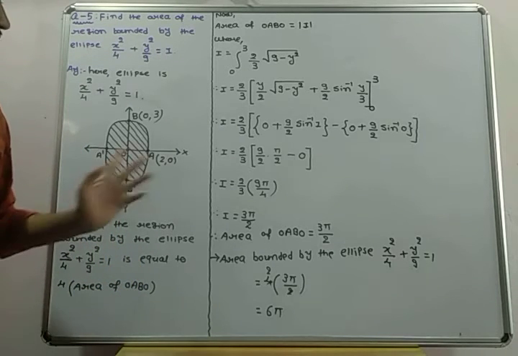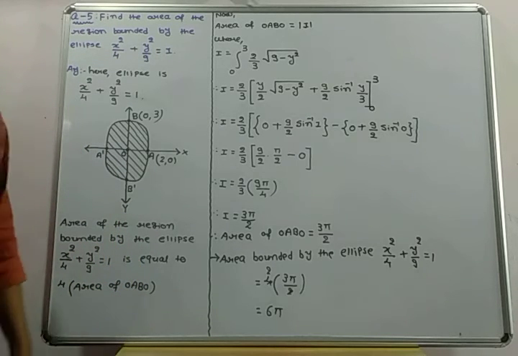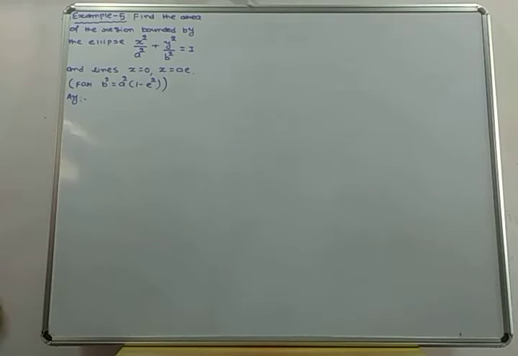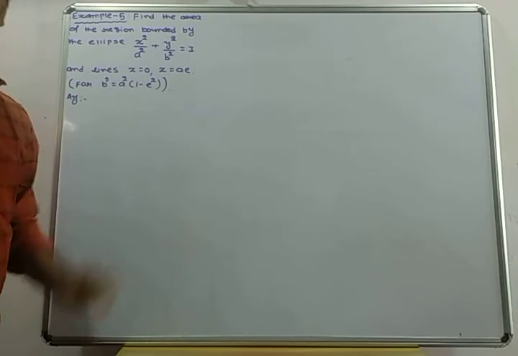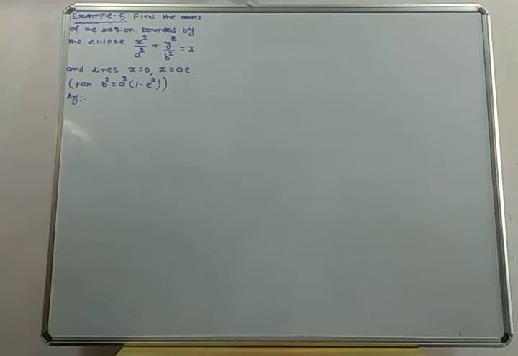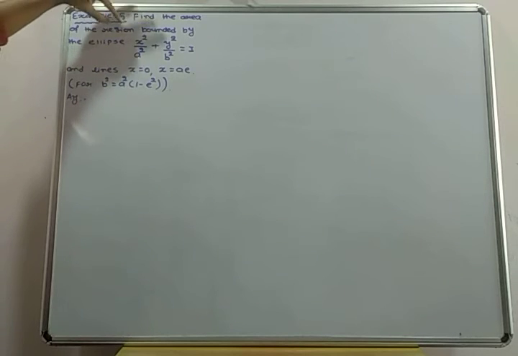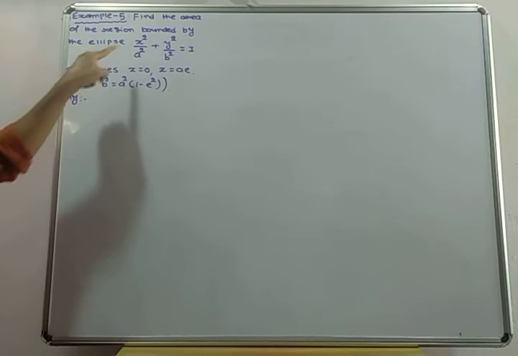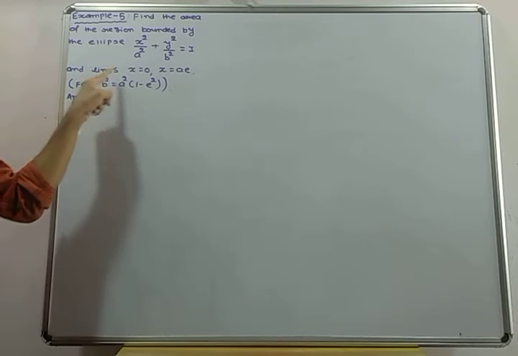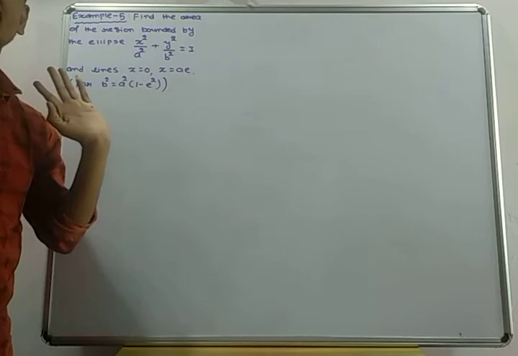Okay? चलो तो this is your question number 5. तो 1 to 5 over. Alright friends. Next taking the example number 5. So find the area of the region bounded by the ellipse, and for in the ellipse taking the lines x equal to 0 and x equal to AE.